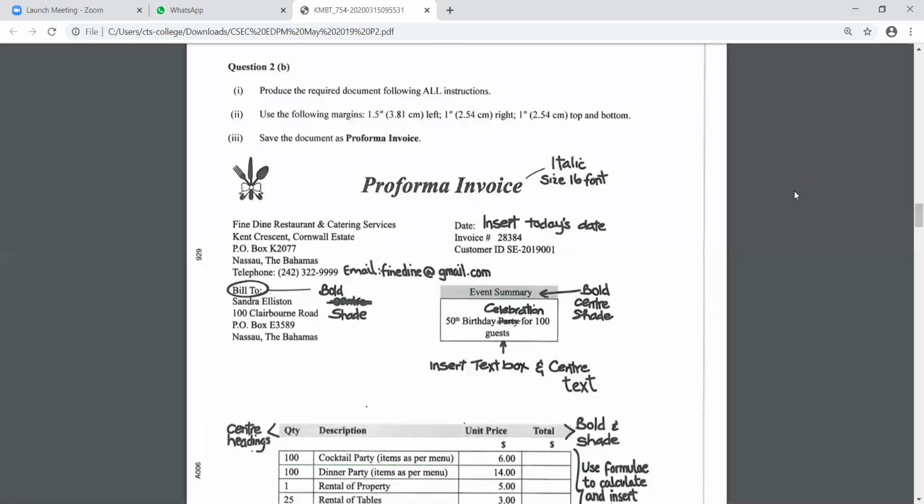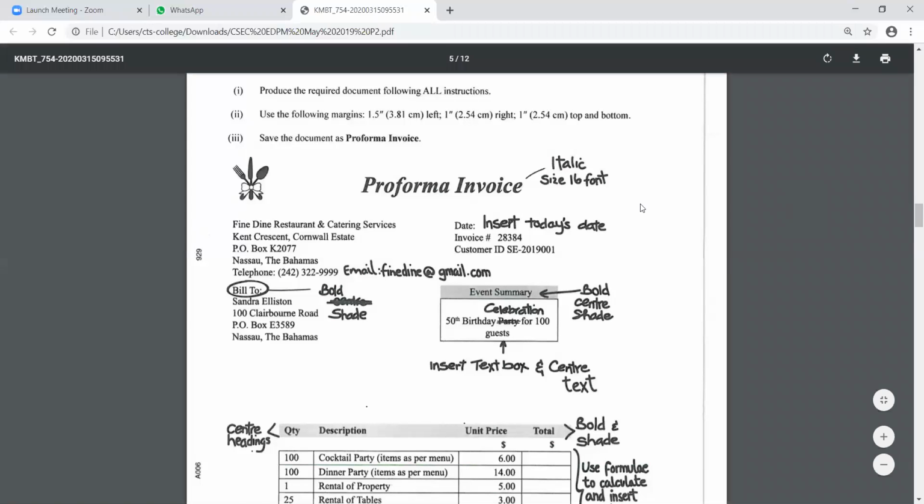Pro forma invoice, you have to type that from scratch because you wouldn't have typed that anywhere before. When you type it, it's going to be in italic, and the size of it is going to be 16. Did they tell you to change the style of font? No. So I believe your default font in Excel would be Calibri as well, just like in Word. So you're leaving it on whatever it's on, and you're just changing it to italic and 16. You're not changing the style. You're going with whatever the default style is. Everybody got that?